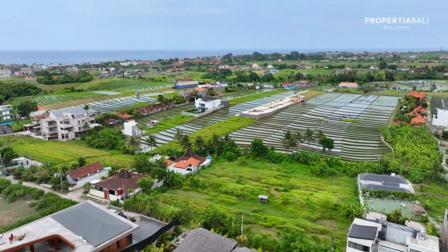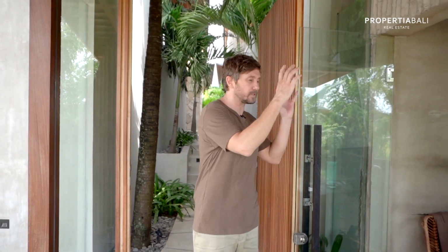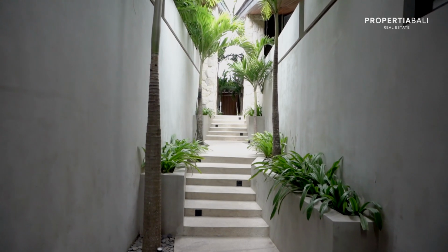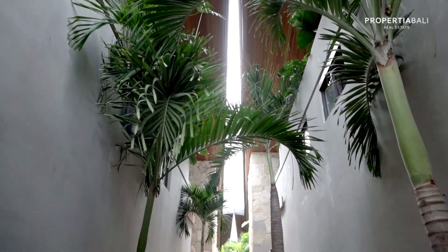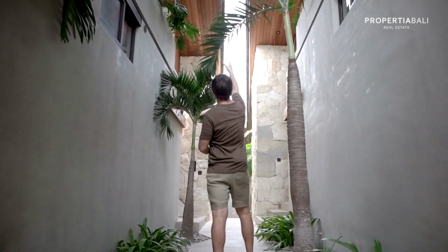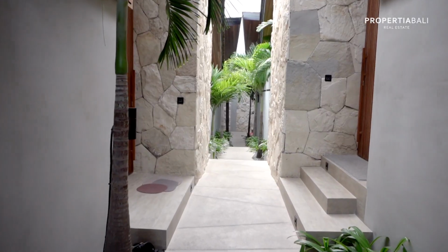Now this property is 1 unit out of 4 in a complex, and this is a little different than the other properties we've seen done by Biombo, where again it's part of a complex, it's got its own security entrance. But right off the bat we see the architect and design and the personality of Biombo coming out in full force because we've got this wonderful walkway. We look up, we see exposure to the sky, we've got natural use of all the wood, plenty of trees,